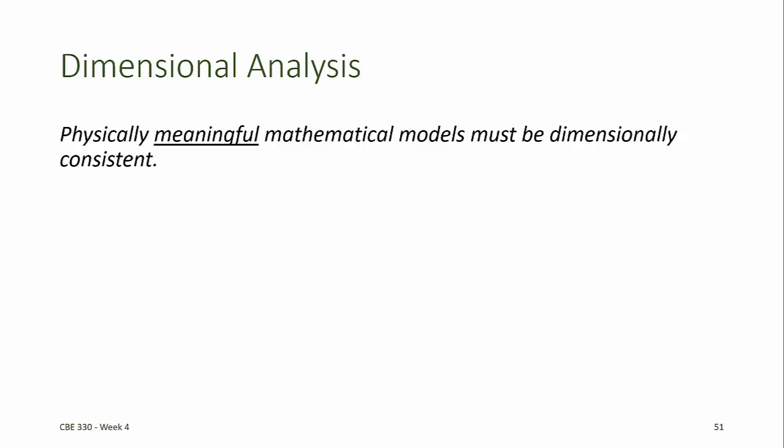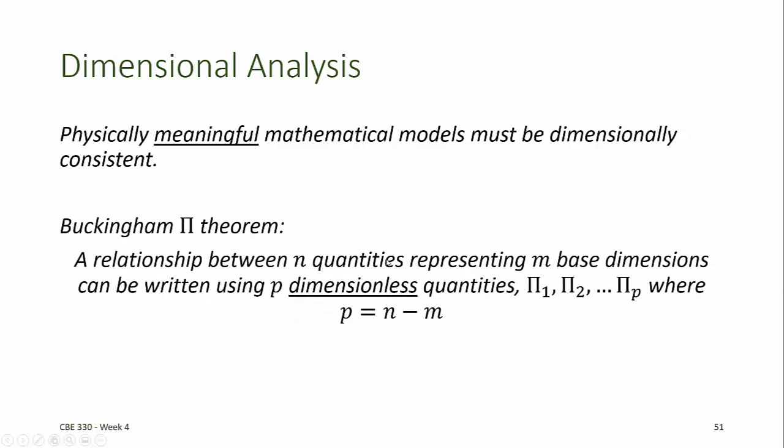One very useful result that comes out of the field of dimensional analysis is something called the Buckingham Pi theorem. The Buckingham Pi theorem says that any relationship between n quantities representing m base dimensions, where the n quantities are not dimensionless quantities, can be written using p dimensionless quantities, which we call pi 1, pi 2 through pi p, where the number p is n, the number of dimensional quantities, minus m, the number of base dimensions represented in